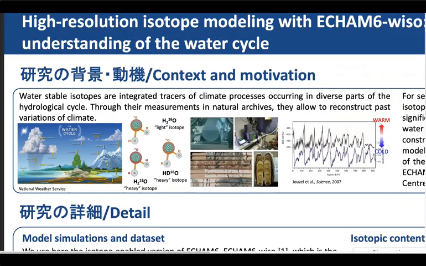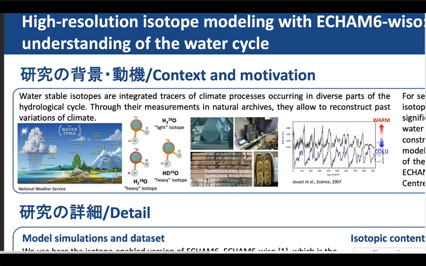And this is one of the main components of the Earth climate system, and the processes there are numerous and complex. And one way to better understand them is to use water stable isotopes. So you can see them here. There is the H216O, the light water isotope, the standard one, and two other heavy isotopes in lower quantities, the H218O and the HD16O. And these water isotopes are integrated tracers of the climate processes that occur in this hydrological